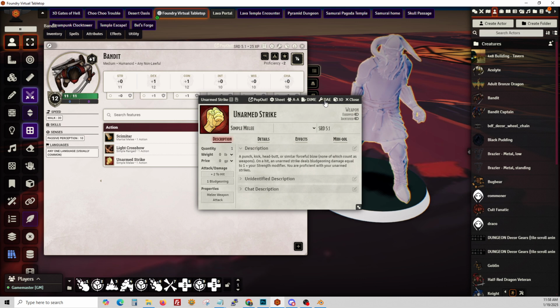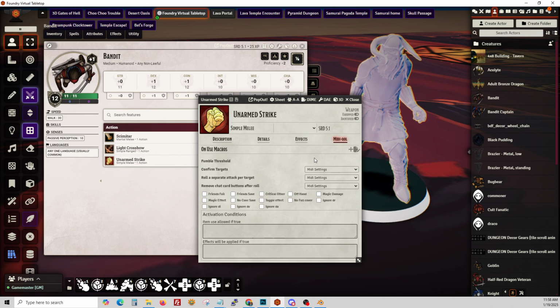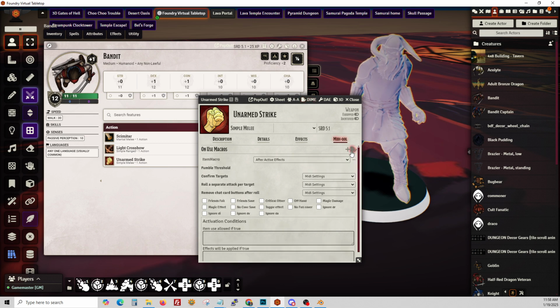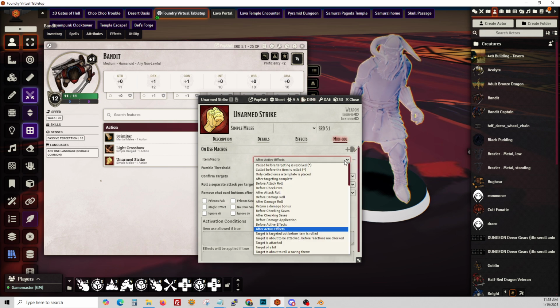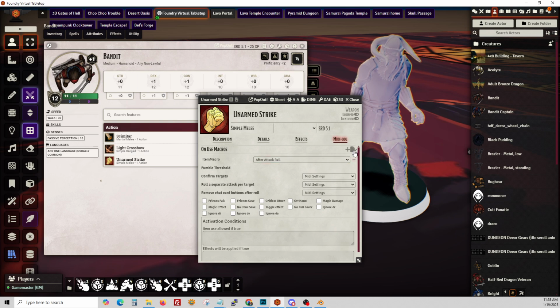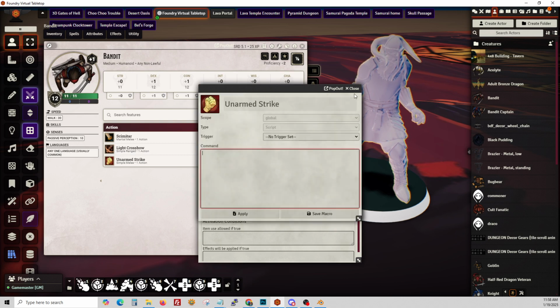I do have midi-qol installed, and we have these on-use macros. So whether I hit this or the DIME up here, it's going to allow me to add a macro. So this is going to be after the attack roll, sure. And then we're going to edit this. This is the same thing as up here. And then I'm going to use a script or alter a script